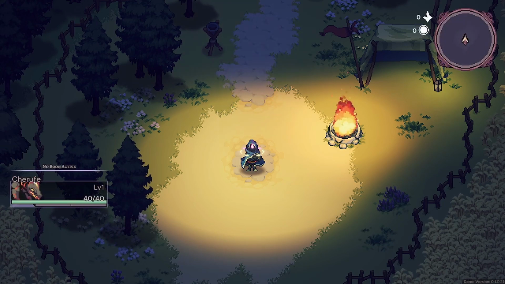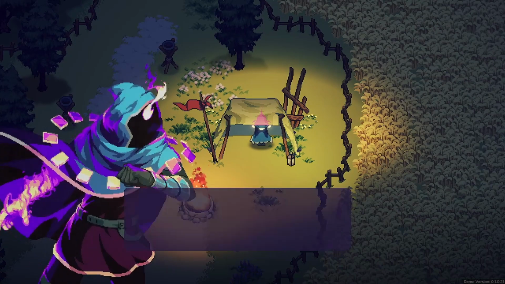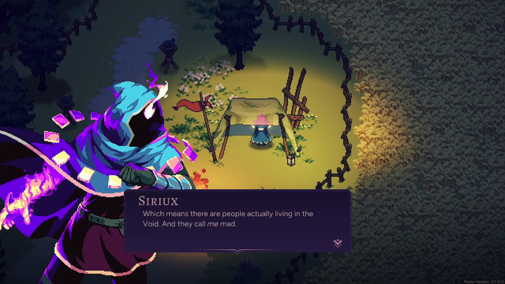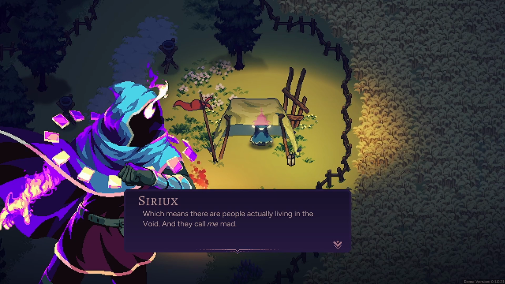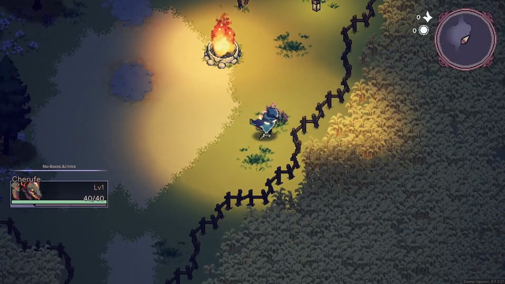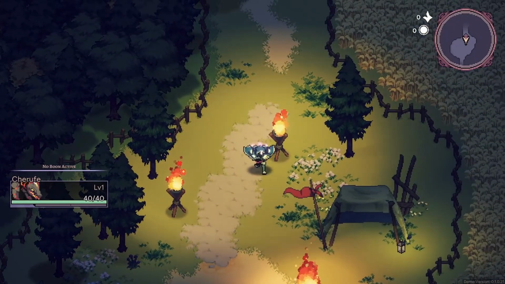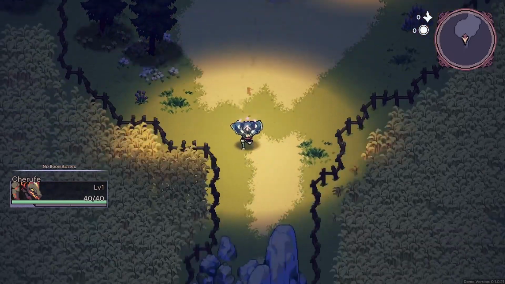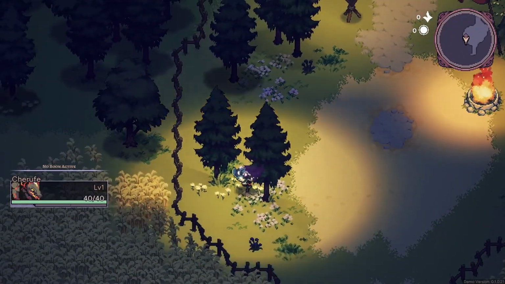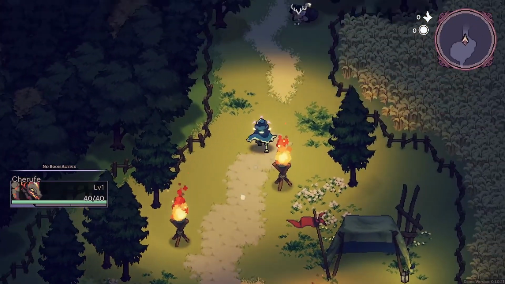The monster is ginormous compared to my character. Okay. No boon active. This is already great. This tent appears to be rather new, which means there are people actually living in the void. They call me. Oh, interesting. So I know... Oh, cool. I know this is a roguelike. Like, the whole idea behind this is to fail forward, which I don't know if I like that. I understand what it means. It's basically you do a little less bad every...